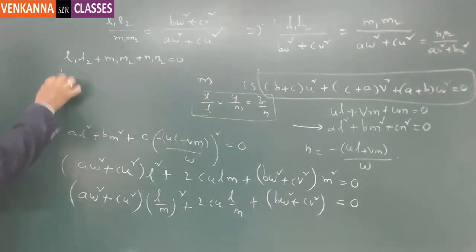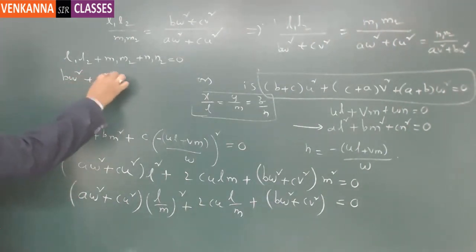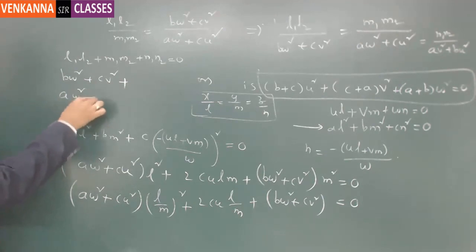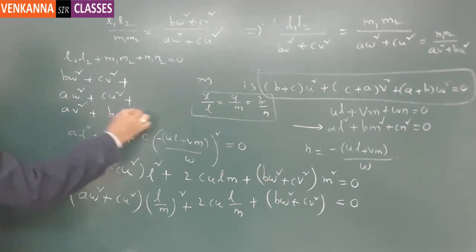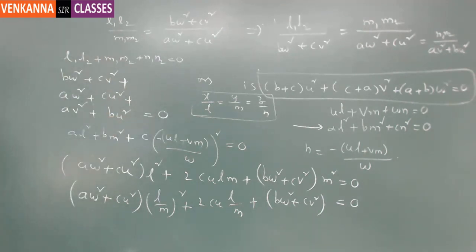So as you have that b w square plus c v square plus a w square plus c u square plus a v square plus b u square is equal to 0. So taking u square, v square, w square as common, you will have the respective result. So this is nothing but the solution of the problem. The approach is very similar to the previous one, what we did. The only thing is plane equation and cone equation were just changed, that's all. So that the result varies.